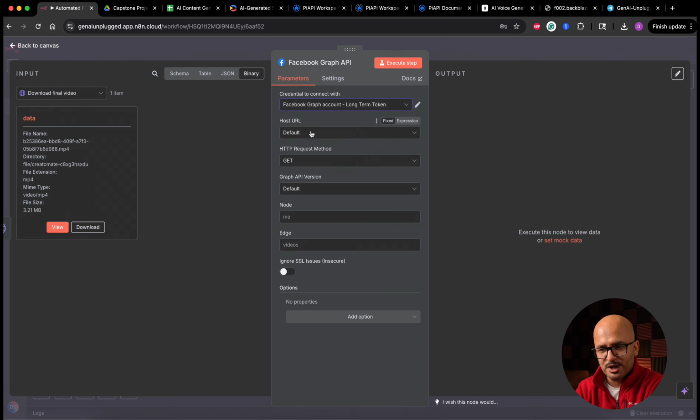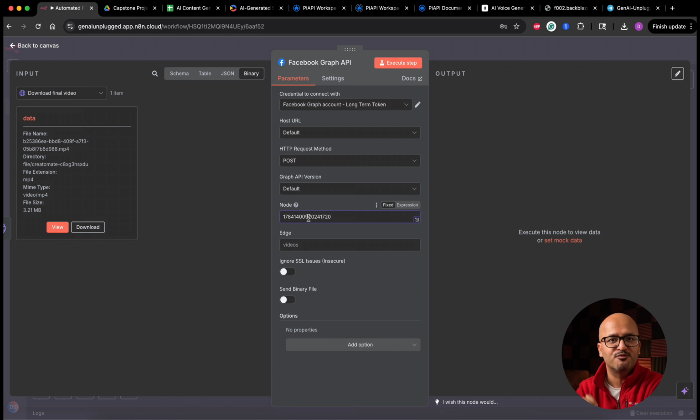We'll leave the host URL as default. HTTP method, we are going to use POST over here. Then the Graph API version we are going to leave default. Node is not "me". This is the node ID of the page that you are going to use for posting on Instagram. So this is your Instagram ID's node ID, and how you can get it is,